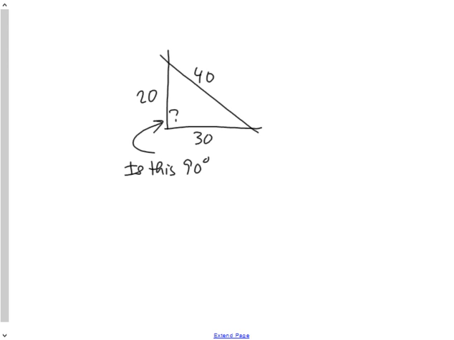The first question gives you a triangle with side lengths of 20, 30, and 40. It says, is this 90 degrees? Well, if it is 90 degrees, then there's 2 ways to determine it. You can simply put squares onto each of them,